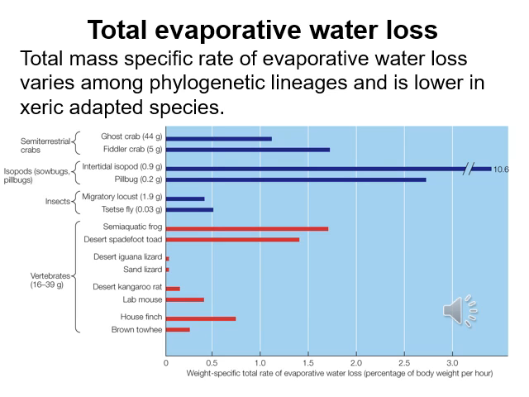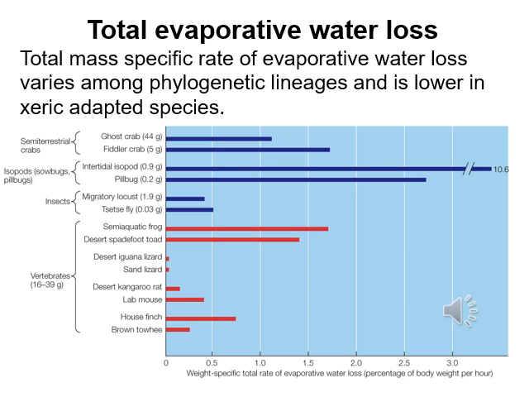of evaporative water loss. On the other hand, isopods that live in intertidal environments and are fairly wet all the time have much higher rates of evaporative water loss. Pillbugs are the small terrestrial isopods that live in your house, and you can see they have much lower rates of evaporative water loss compared to their relative, the intertidal isopod. Terrestrial insects, you can see, like the locust and the tsetse fly, have very low rates compared to the other arthropods. In red, you can see a group of vertebrates, and you can see that the two amphibians, the frog